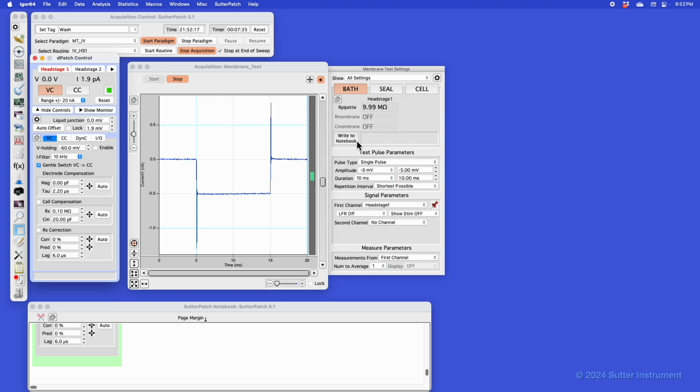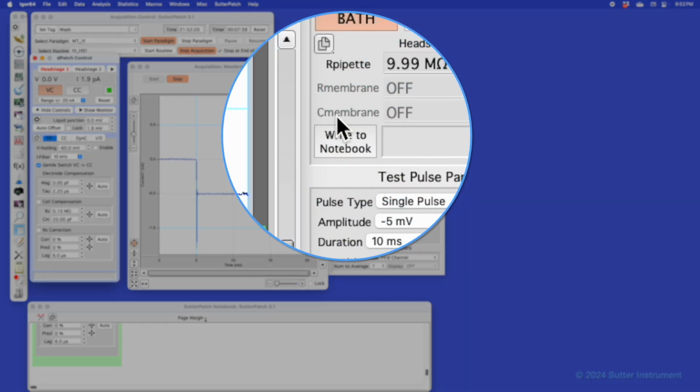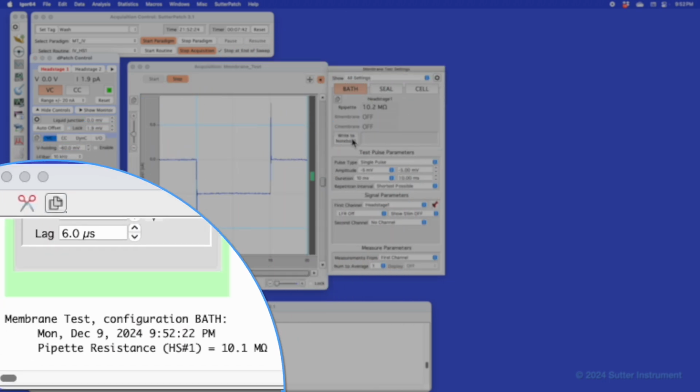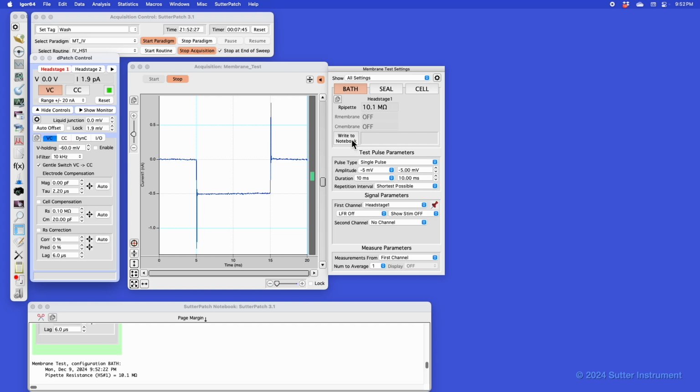But I just want to showcase a new feature here. It used to be a write to log. Now we converted that to a write to notebook. So we find that to be more useful. So our pipette, I have a computation. I put it in the notebook for storage. It's updated in the wave.